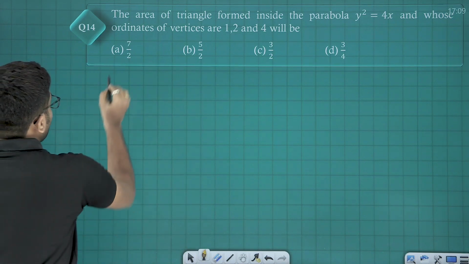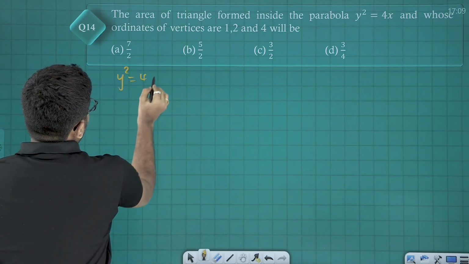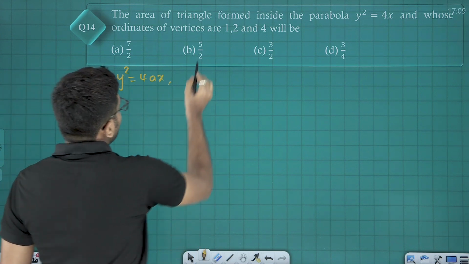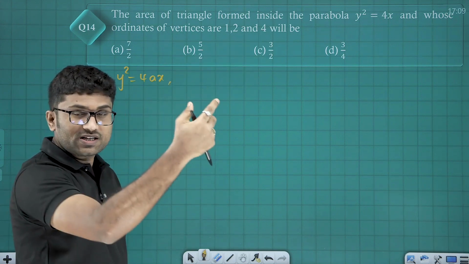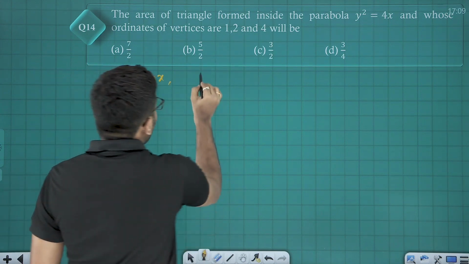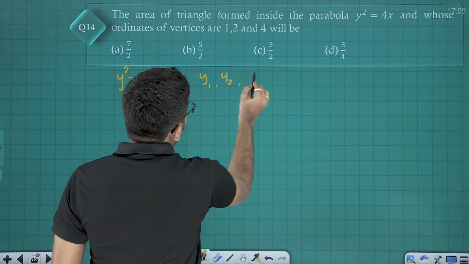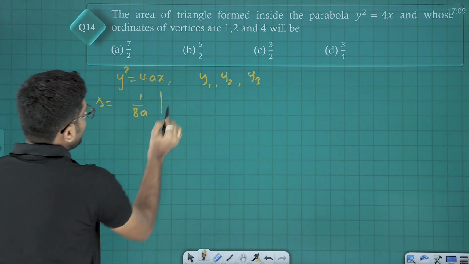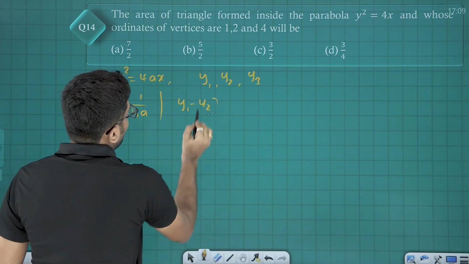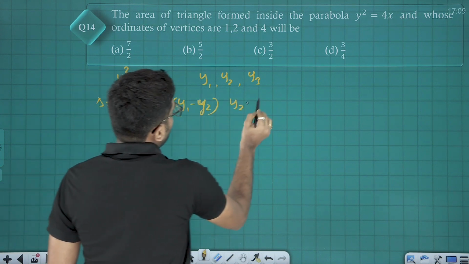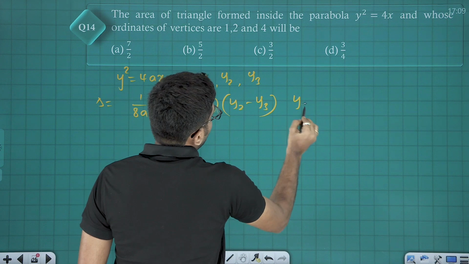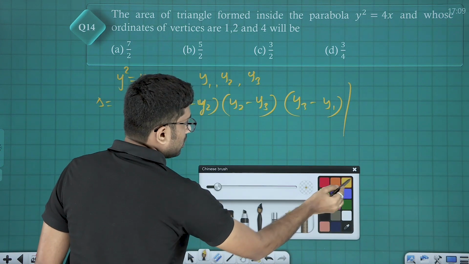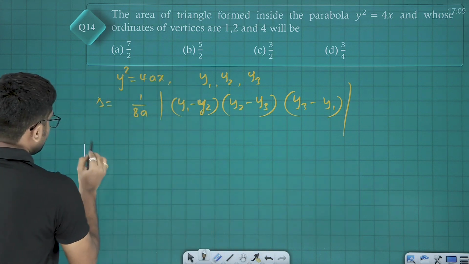I told you many times, friends. For a parabola y square is equal to 4ax, the area of the triangle formed by vertices having ordinates y1, y2, y3 is 1 by 8a times delta, which is equal to 1 by 8a times mod of (y1 minus y2)(y2 minus y3)(y3 minus y1). So the required area is now,